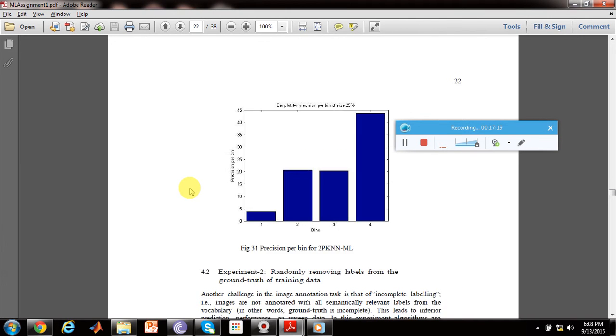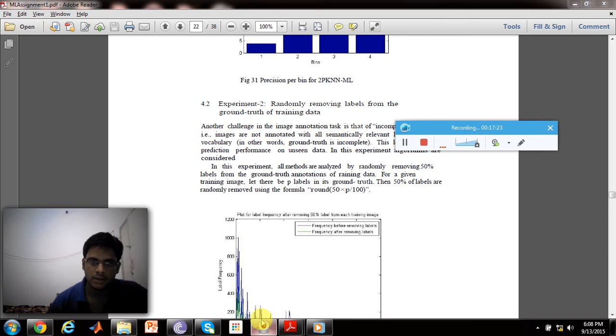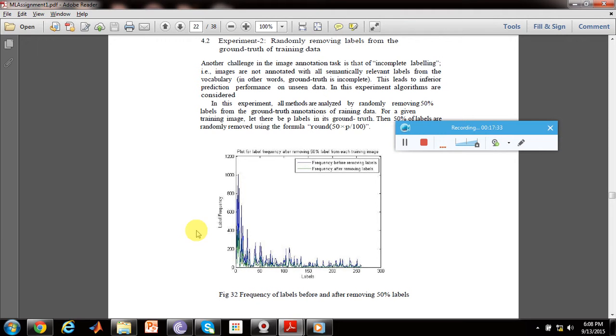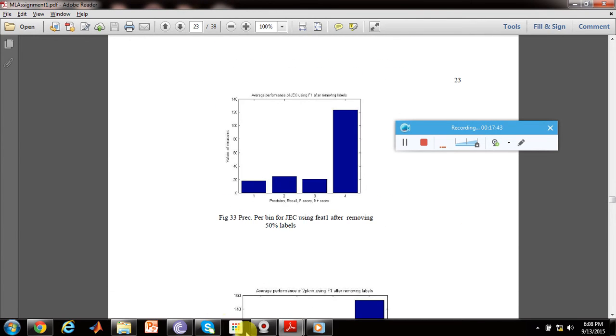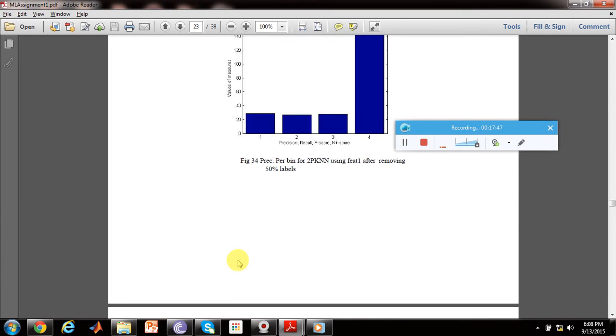So now in this experiment, we'll randomly remove some labels from the data set, or from the training data, and then we'll examine the performance of all the methods. This is the graph which shows the frequency of labels before removing and after removing. We can see that in this setting